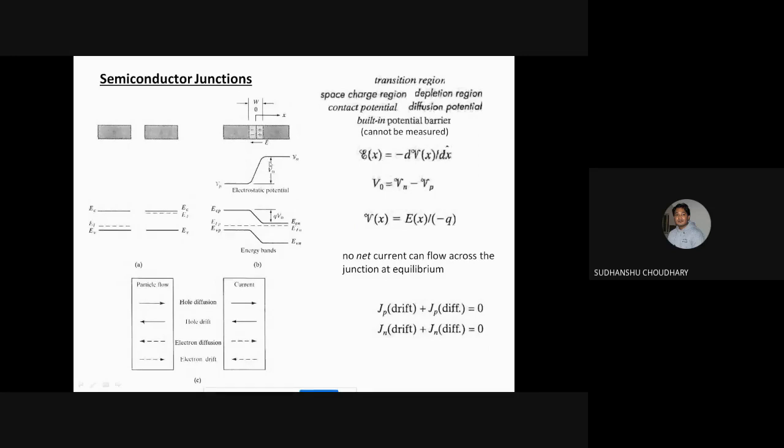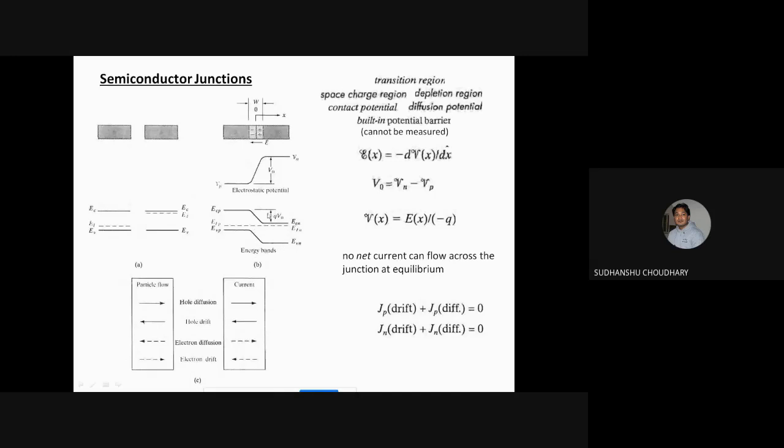So we have electrostatic potential set up across the junction. Okay. And the energy bands also change. How they change, we have understood. And this electrostatic potential relates to the energy barrier in the energy band model. So this energy barrier means that electrons will face this much barrier, right? That is, there is some difficulty now created for electrons to move from N to P. Okay. Similarly, some difficulty is created for holes to move from P to N, that is diffuse from P to N, because of these two barriers over here.